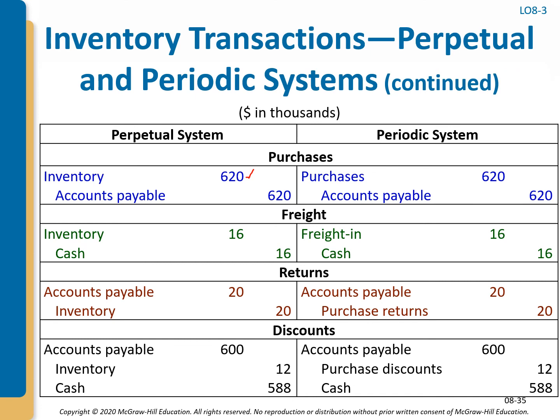So cash account is credited in both cases. And where inventory is credited for the perpetual system, purchase discounts is credited for the periodic system. So these are those transactions put side by side. You can see with the perpetual system, every time a transaction occurs, we are immediately recording it to the inventory account every single time. With the periodic system, we don't record inventory until the end when we do a physical count of inventory, and